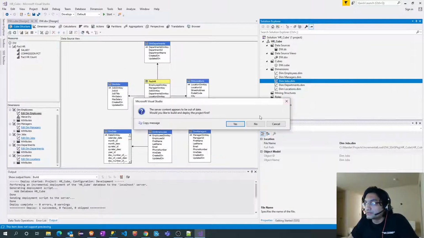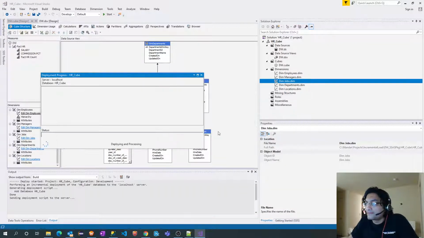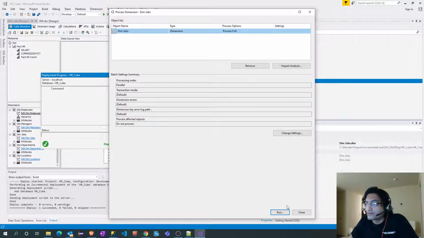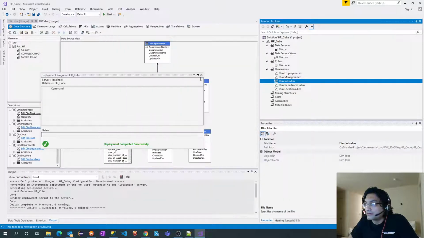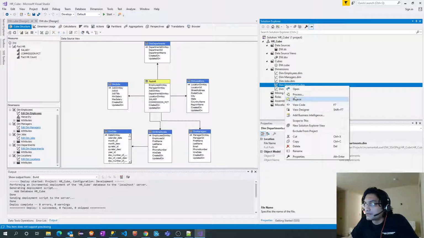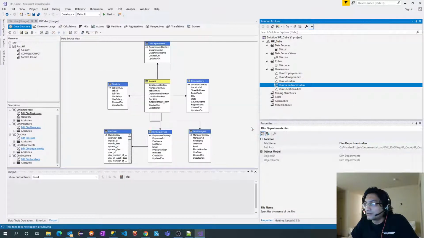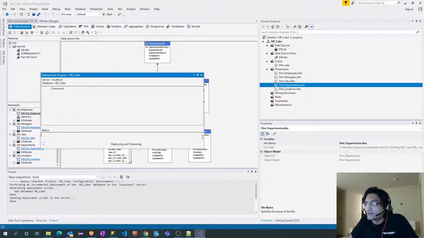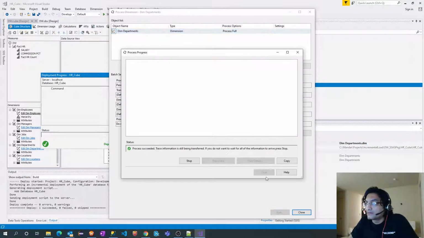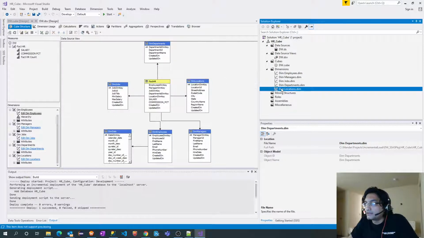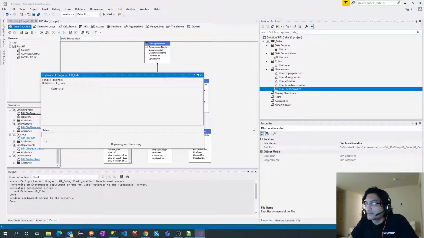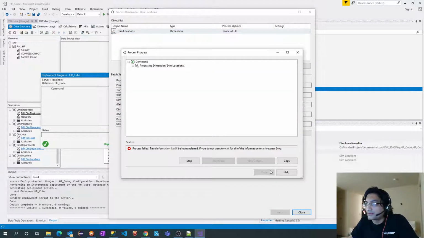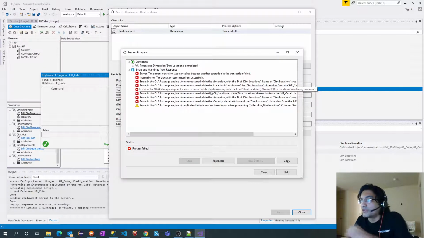Jobs, process, departments, process, and the final one, locations, process, failed. So it failed here.